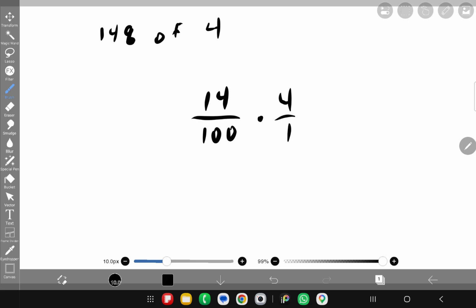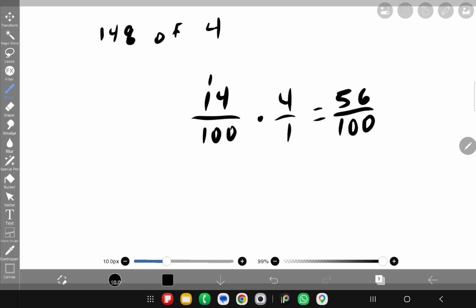When multiplying fractions, you multiply straight across. So you're multiplying the 4 and the 14. And as we discussed earlier, 4 times 4 is 16. 4 times 1 is 4, plus the 1 we carried over is 5. So it's 56 over 100,